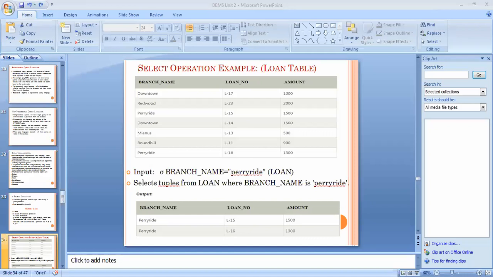So how to write the query for this? If anyone wants to share the screen, they can, or just tell me orally. No issue about that. Think on this. You want to select a specific loan number from the given loan table. How to write the query? This is a simple question.